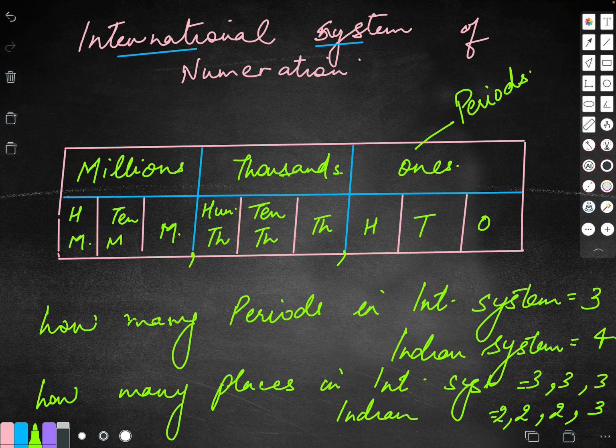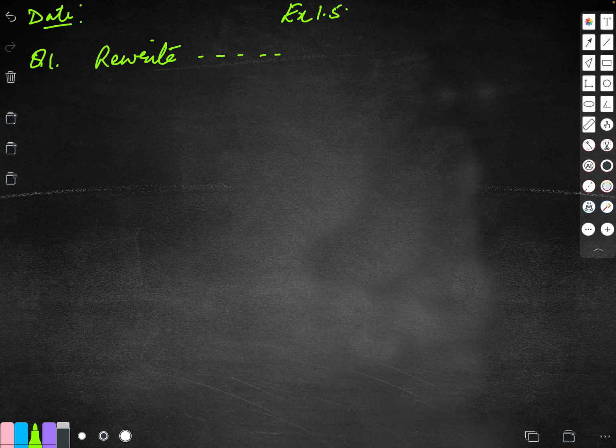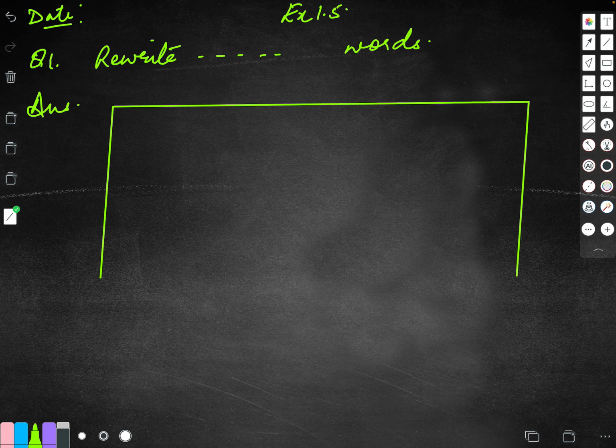Now in this particular video, I will be doing question number 1. Open up your notebooks, write exercise 1.5 in the middle, put today's date on the left side, and write the question in dash form. Rewrite the numbers in the Indian place value chart and also in words. So dear children, be careful the way I am doing this, because I have to make an Indian place value chart. I will make one chart for all the 4 numbers.